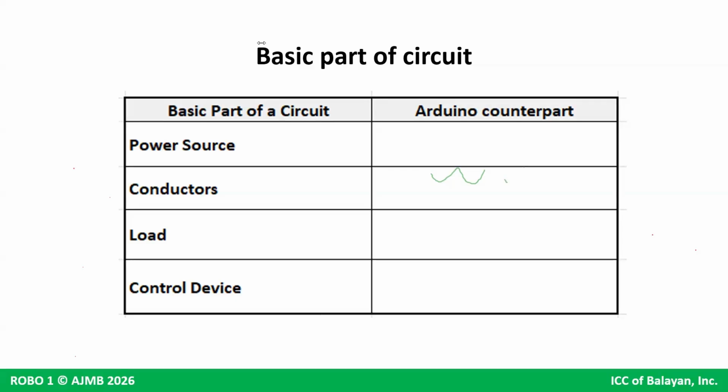And then, for Fortitude, di pa sila nakahawak ng Arduino Uno, but there are pins there, 5 volts or 3.3 volts, which you can use to supply the energy to the breadboard. How about your conductors? What are your conductors in Arduino? Yes, exactly. The jumper wire. That's correct. Javelin, Cheralis. Yes, I'm reading all of your comments.